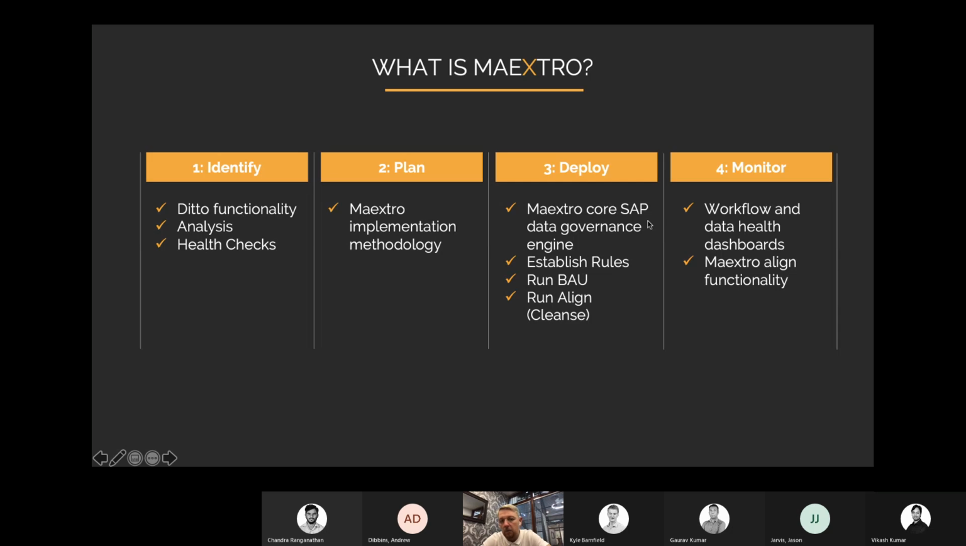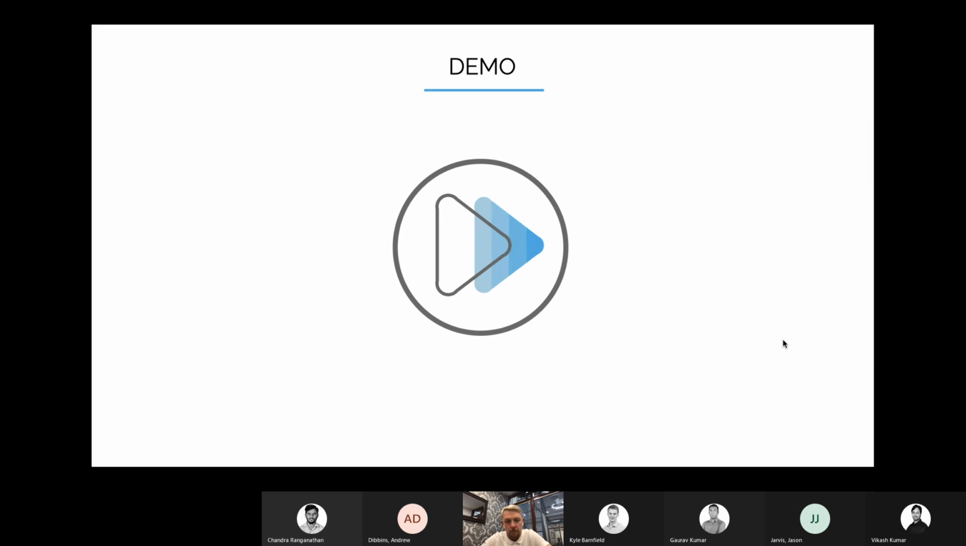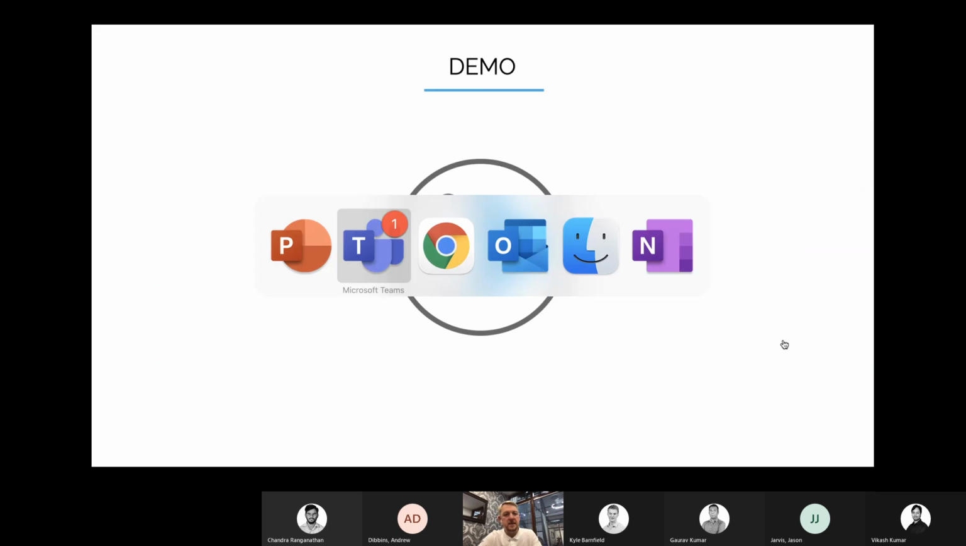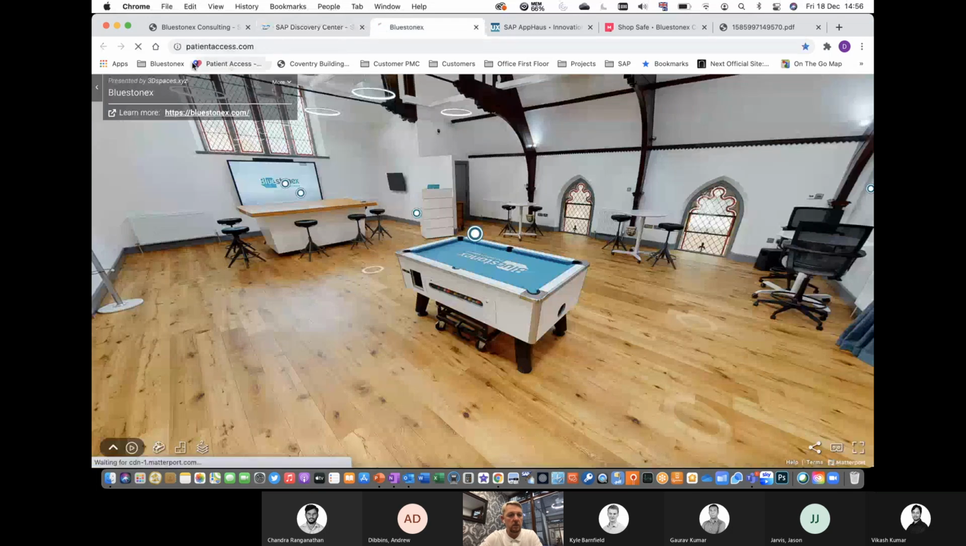Yeah, and as I said, Maestro, our product, which I'm not going to go through now, is all about governance, workflow, keeping your data clean, but keeping your data clean as it comes through its life cycle. And I won't go through this because I'm running out of time. I'm not intending to show you. All I will show you is